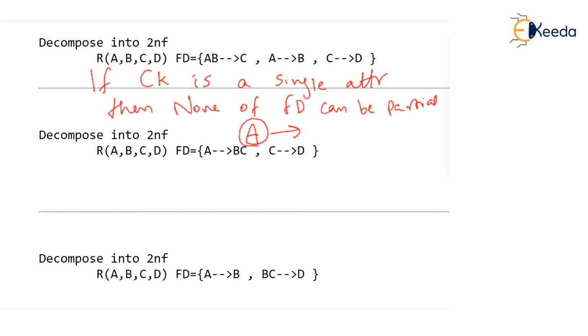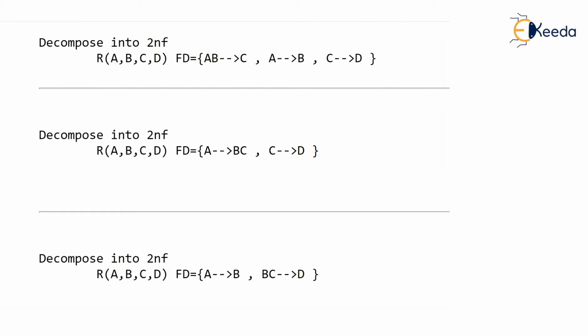If we have a candidate key, let's say ABD, and we have an FD in the table as A determines E, then this A is part of ABD. But if the candidate key itself is simply A, only one attribute, then how can there be any partial dependency? So in the GATE exam, if you are asked, is this table in 2NF, and you found that the candidate key is a single attribute, that's it. You say this must be in 2NF because it contains only a single attribute candidate key. I hope you have understood. This table is already in 2NF.